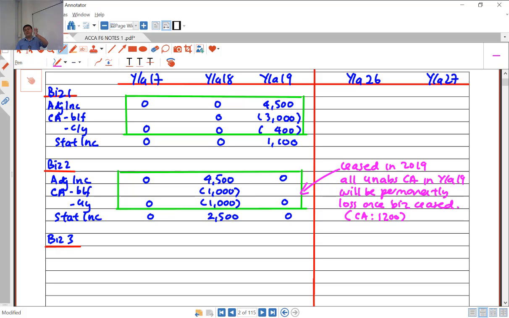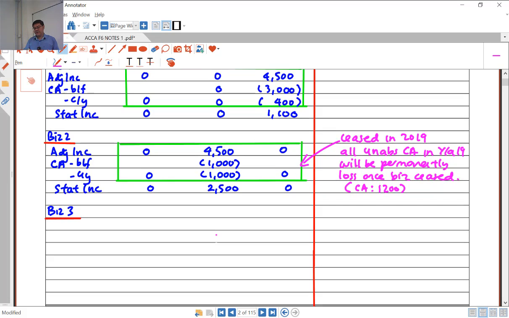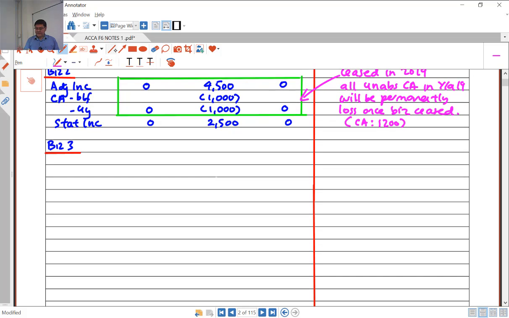So now you see in 2019, up to 2019, business number 3 is not there. So I'm leaving the space first. Just leave the space there. So at least you can monitor what happened to 2017, 18, and 19. So 2026 is don't bother. Okay, so I'll just leave enough space. Then